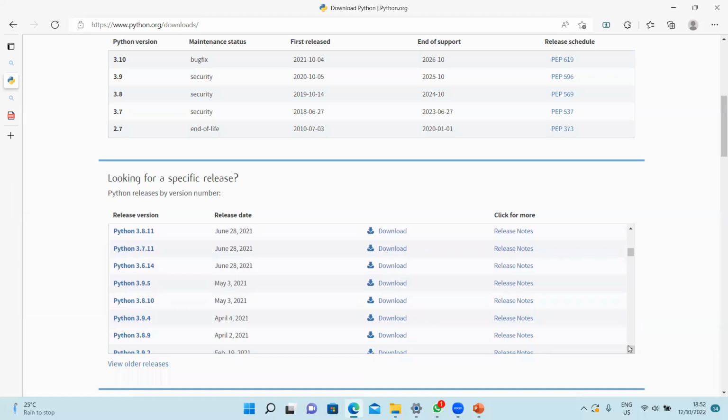It's okay, but our syllabus is mainly focused on 3.4, 5, 6, likewise. The latest one may have differences in coding. For example, some brackets are not executing in the earlier version. So there will be some changes. Therefore, I'm using the recommended one.